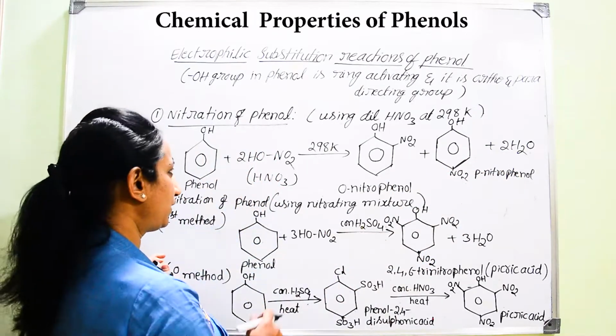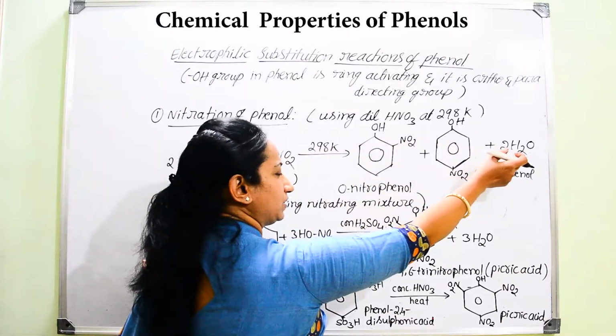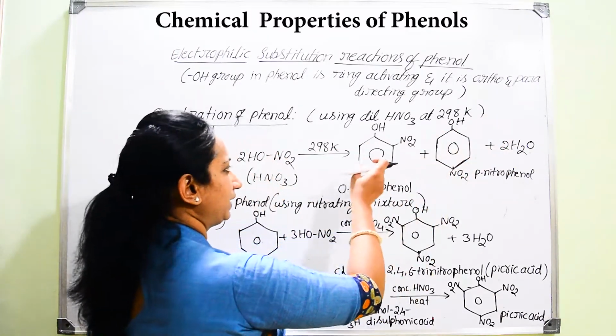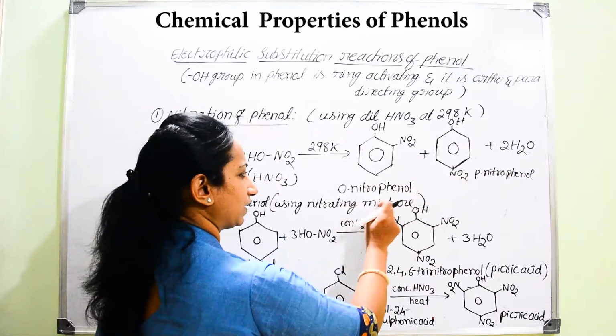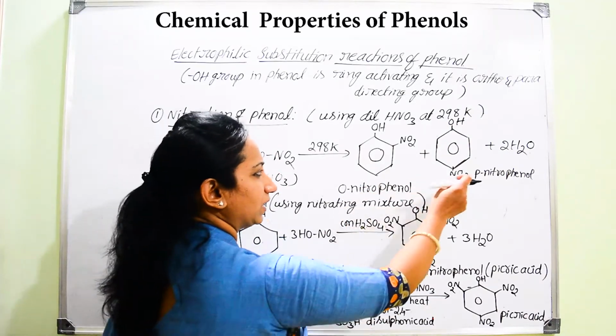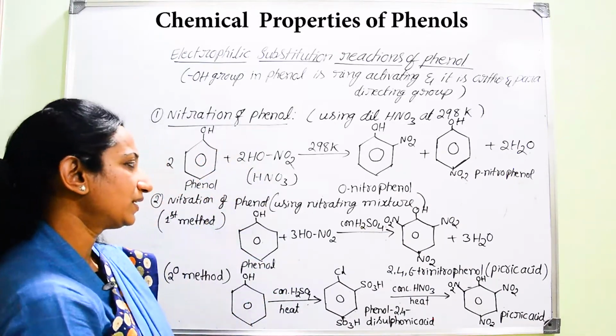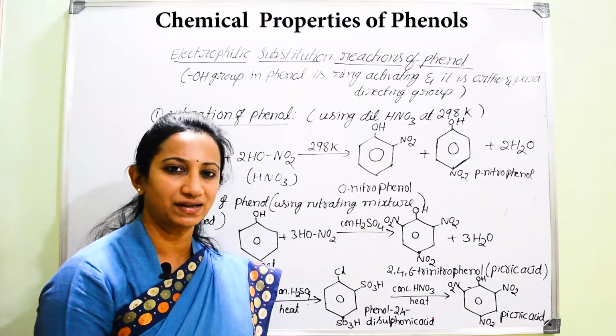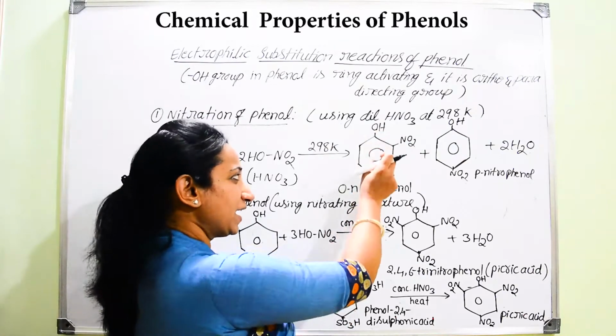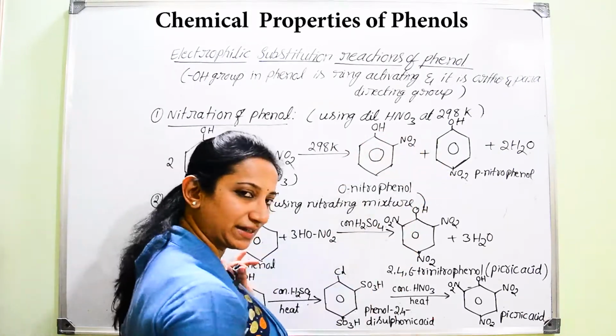Therefore you get removal of two water molecules, 2 moles of water, and formation of two types of products, ortho-nitrophenol and para-nitrophenol. Among these ortho-nitrophenol and para-nitrophenol, which has the lower boiling point and which has the higher boiling point,